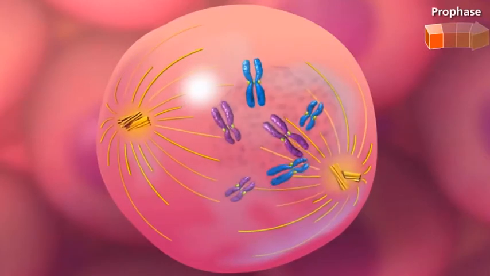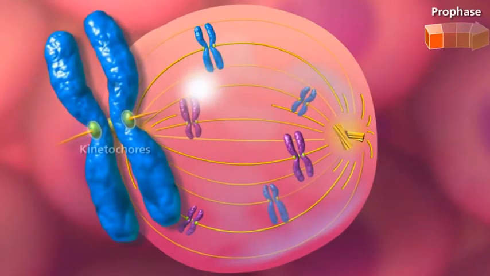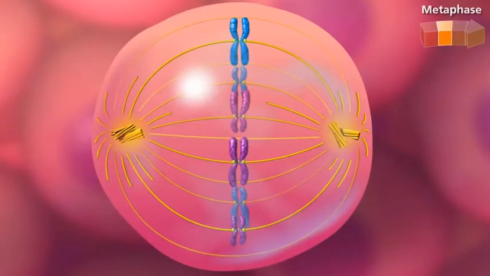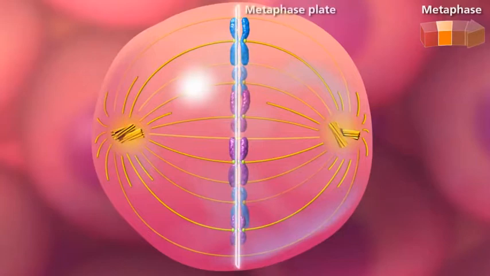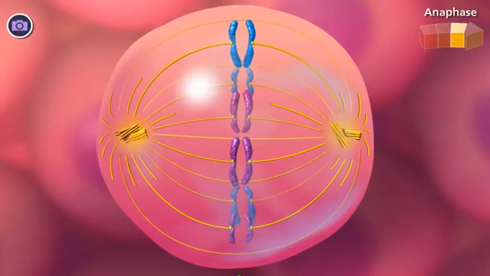The microtubules then make contact with each chromosome at a protein structure on either side of the chromosome called the kinetochores. From there starts metaphase. During this stage, the sister chromatids of each chromosome align along the center of the cell at an area known as the metaphase plate. Now the chromosomes are ready to be separated, which initiates the start of the next stage,